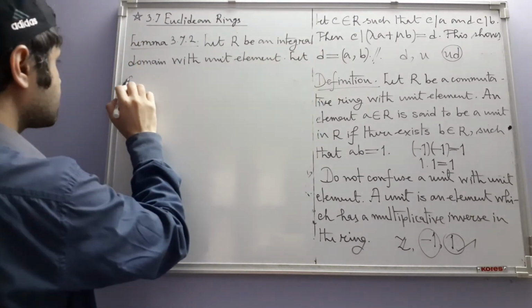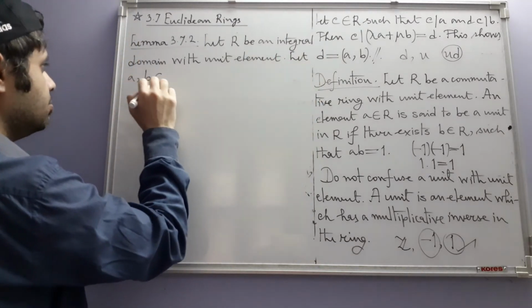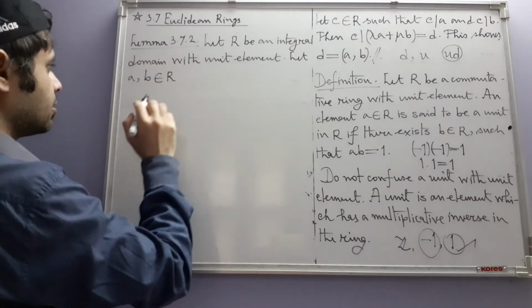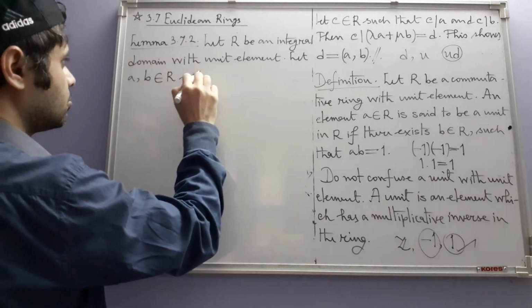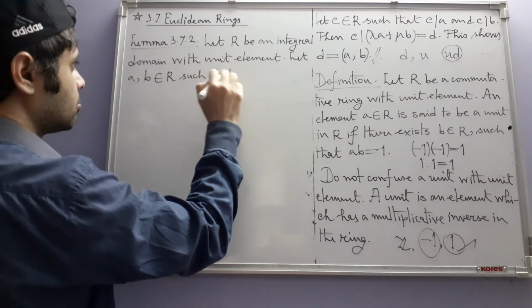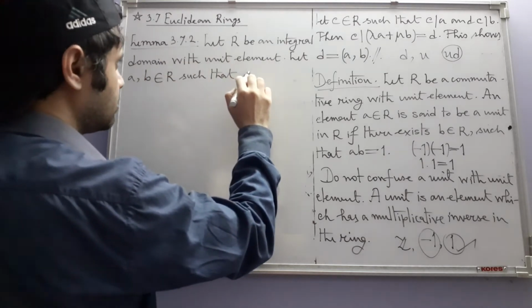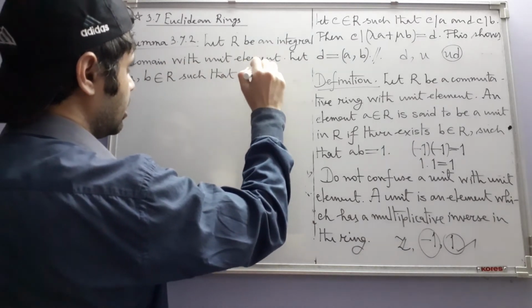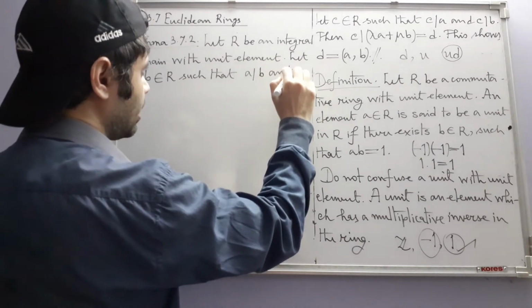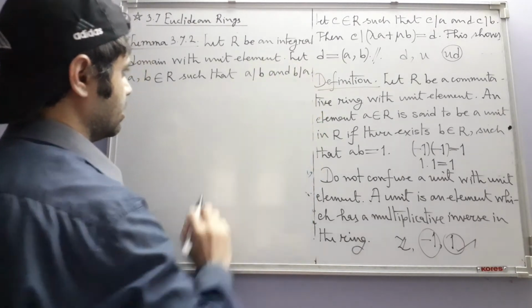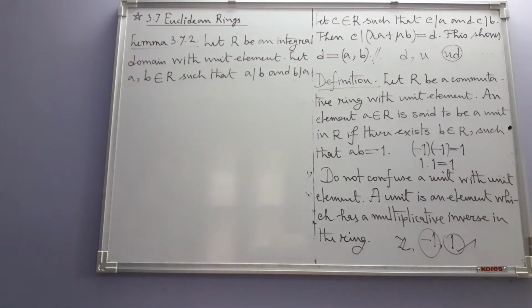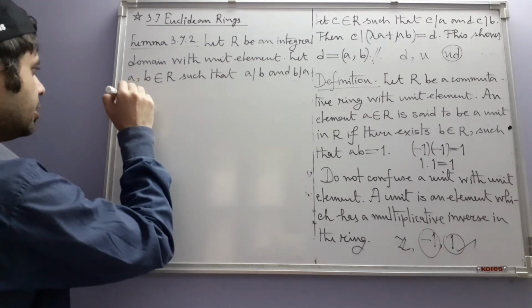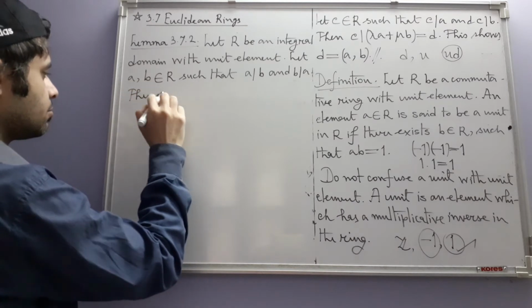Let A and B be two elements in R such that A divides B and at the same time B divides A. That automatically tells us that both A and B are non-zero. Okay, then